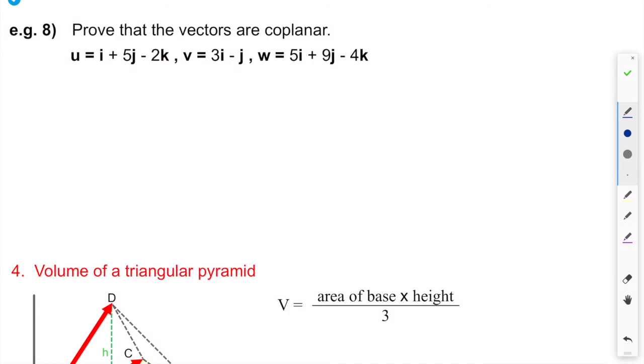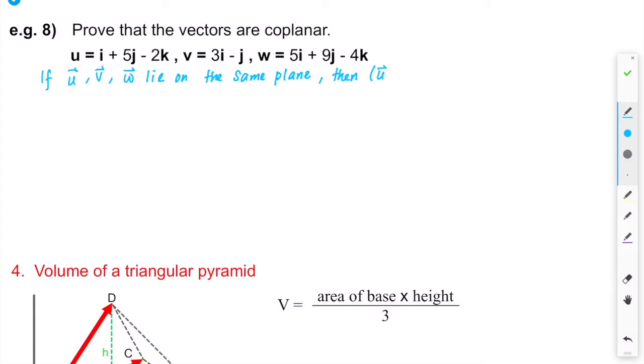It will be 0 because you get a flat parallelepiped. Makes sense? So let's write down the assumption here. If U, V, W are on the same plane, or lie on the same plane, i.e. coplanar, then